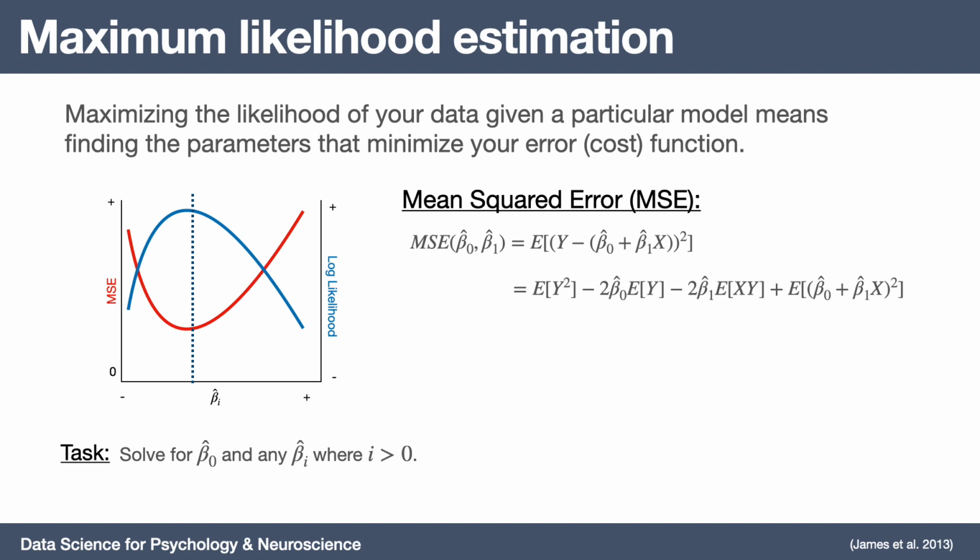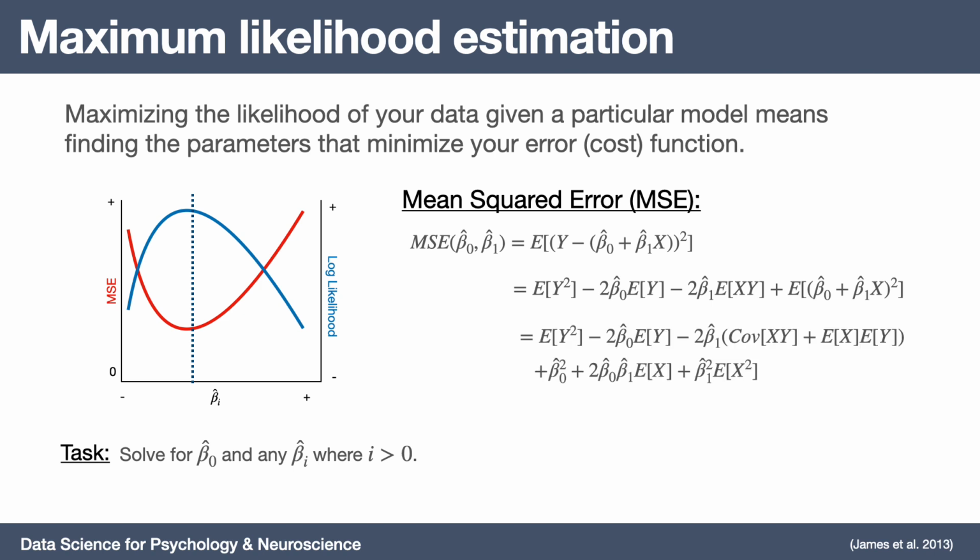This is just simply an expansion of that first term in your mean squared error definition. We can expand this further now to this equation, where again we keep the expectation of y squared, or the mean of y squared, minus 2 times beta naught times the mean of y, minus 2 times beta hat 1, or beta 1, times the covariance of xy, plus the expectation, or the mean of x, times the expectation of y,